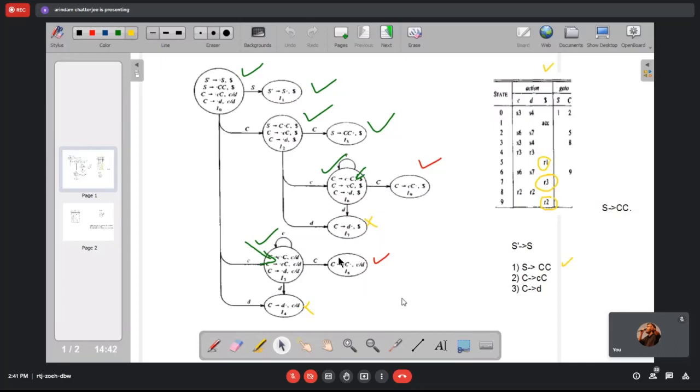But please note this important information: LR0 is less powerful than LALR, which is less powerful than LR, but quite powerful. But the number of states is the same for LR0 and LALR, and the number of states for LR1 is much higher. Please note these things. That is good enough for our understanding.